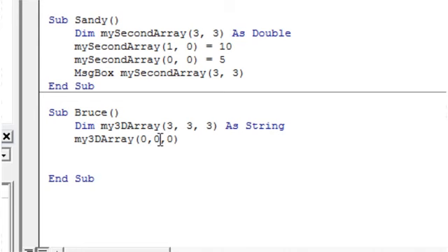So that's going to be essentially our top left bottom corner, if we look at it from a graphical point of view. And then we can make that equal to a string. So let's put "I am in the top left bottom corner",